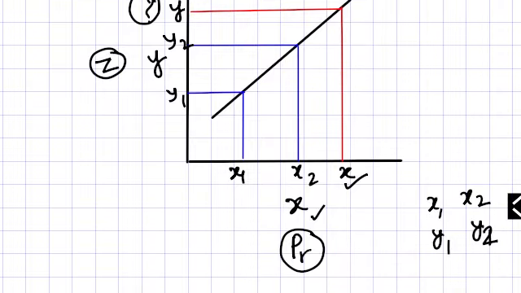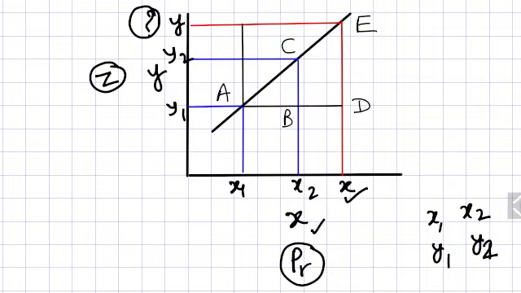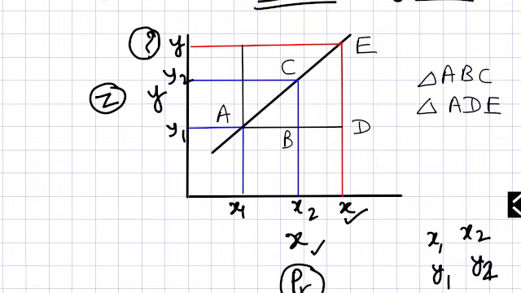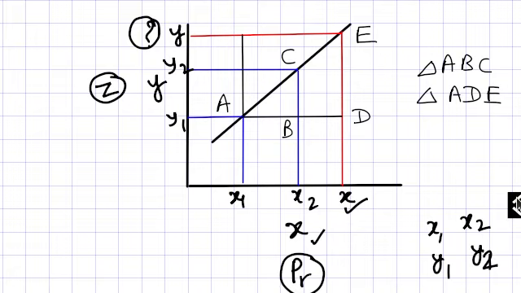So now what you will do is take these two things and equate the slope. The slopes will be equal, so you will do it this way. You can take these triangles. For one triangle you can take A, B, C, and for another, bigger triangle, you can take A, D, E. In these triangles you can compare the heights and bases, or you can compare the slope of this line, and it is equal because it is the same line.